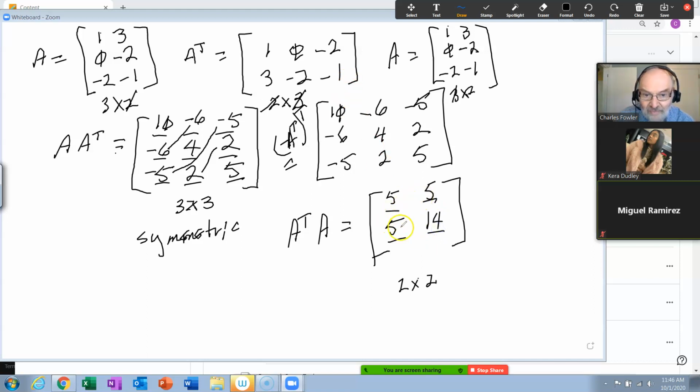That's also a symmetric matrix. These two off-diagonal entries are equal to each other, corresponding to each other. There's only one. So yes, that's also a symmetric matrix, because if you did A transpose times A and then do the transpose of that, that would be a 5, 5, 5, 14, same matrix. So it's also symmetric. All right, there is another